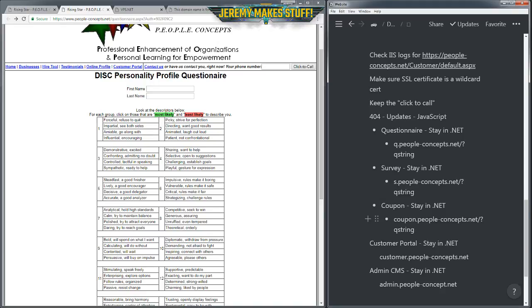Does anybody have any other questions in the chat, or ideas? Am I crazy trying to mix a WordPress site and some small .NET applications together? What do you think? Is WordPress even the right way to go?